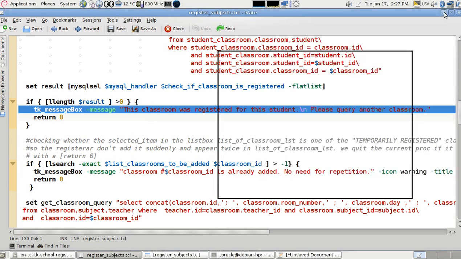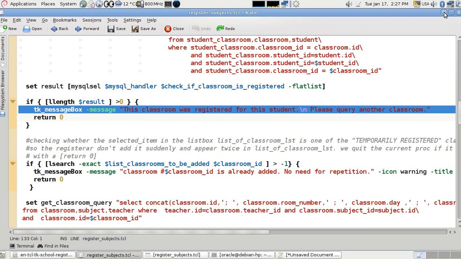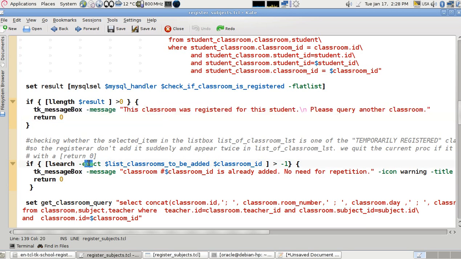So this is the code used to find it. And of course both lists, the list to be added and the list to be deleted, hold unique values. So that's why I search for the exact value, a list search, searching inside a variable of type list. We're using an exact search to look for the exact value. And if you got anything greater than -1, because having 1 means something, having 0 means something else,